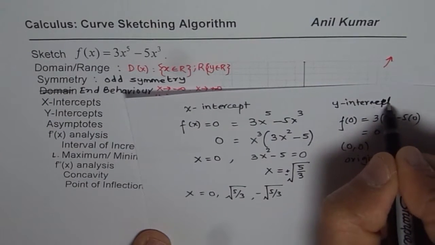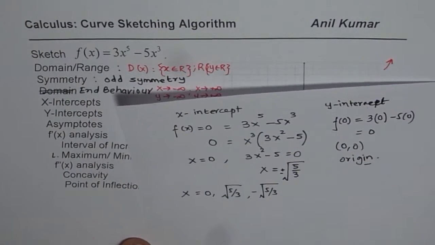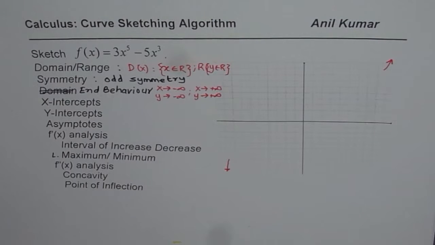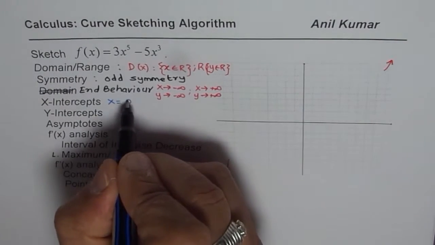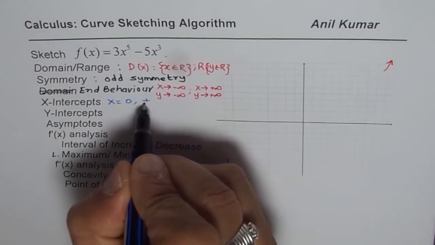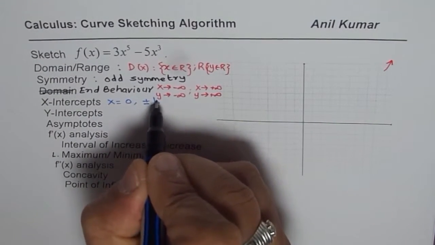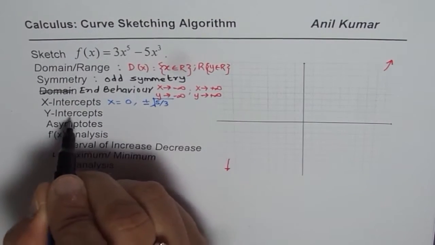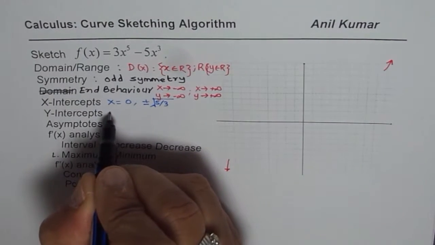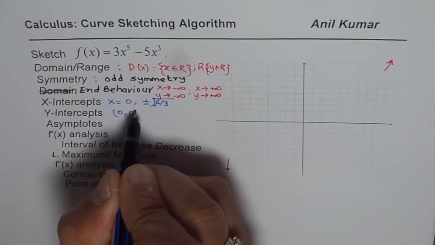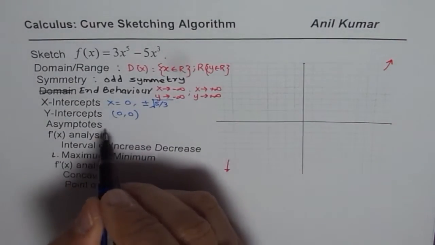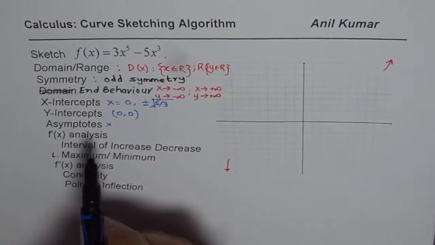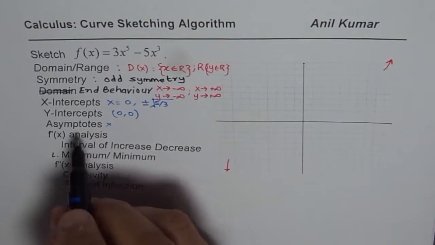Intercept, right? Okay, so let's fill in this information also. We'll write x-intercept is at x equals 0 and at plus minus square root of 5 over 3. As far as the y-intercept is concerned, it is at the origin, so let me write 0, 0 here. Now, since this is a polynomial, we do not have any asymptotes, and therefore we will not analyze anything